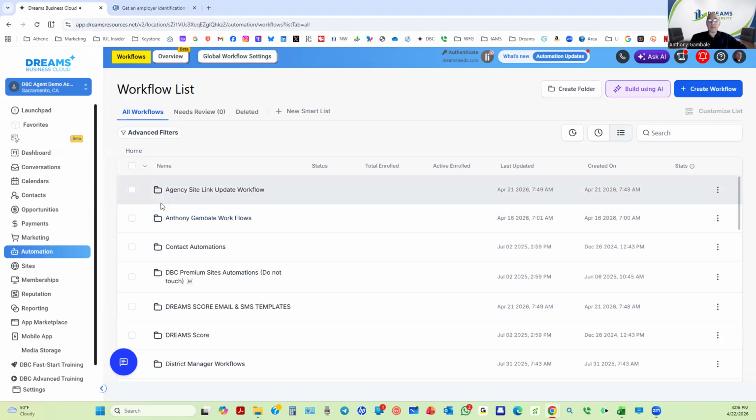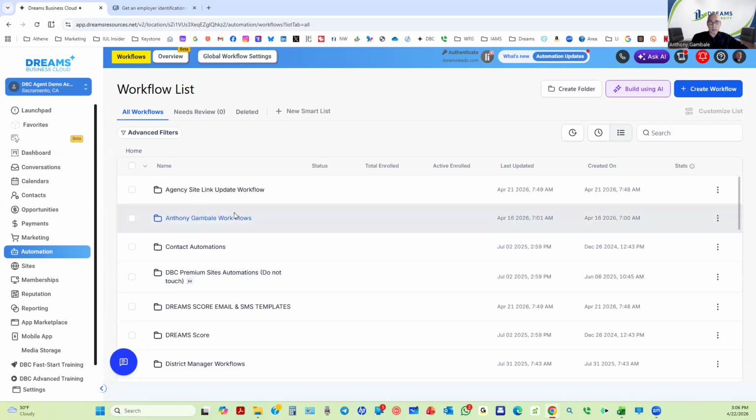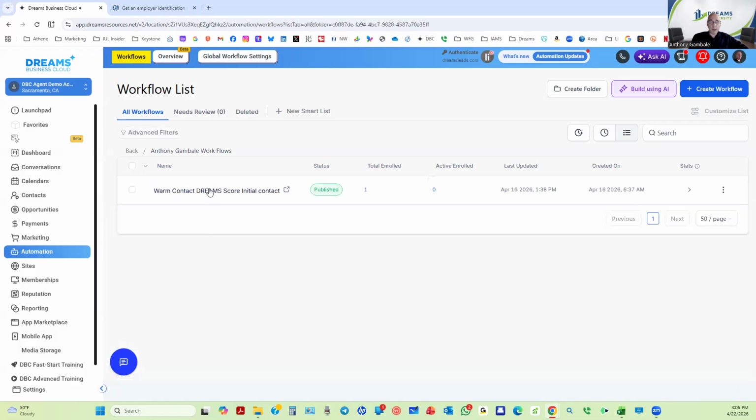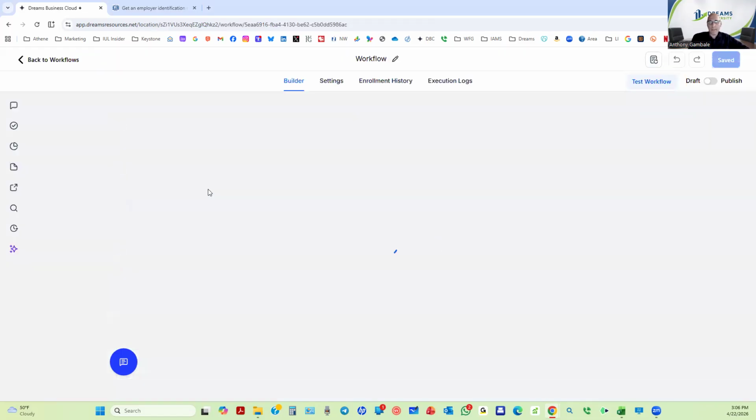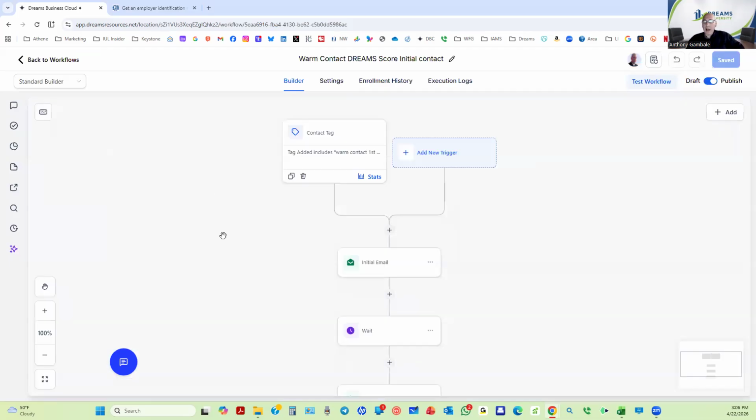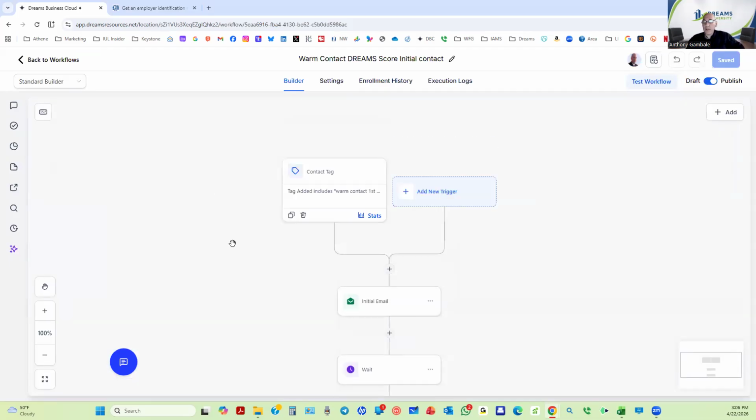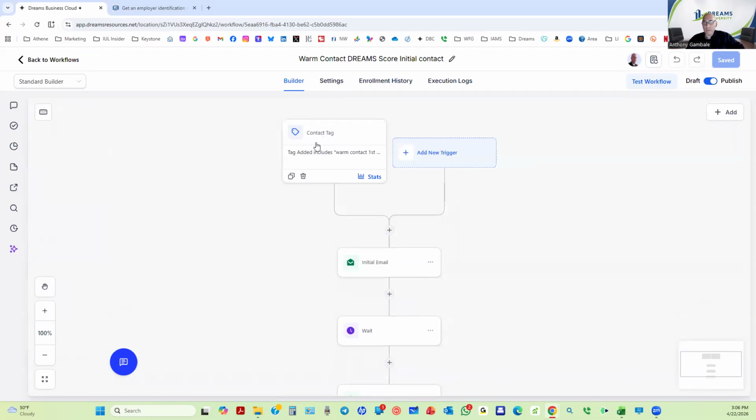We've created the workflows for you within the system. Here's the one that I created. It's got my name in it, so I'm going to open it up, and we're going to talk about how this all works. Right now, this is set up with a contact tag. What that means is